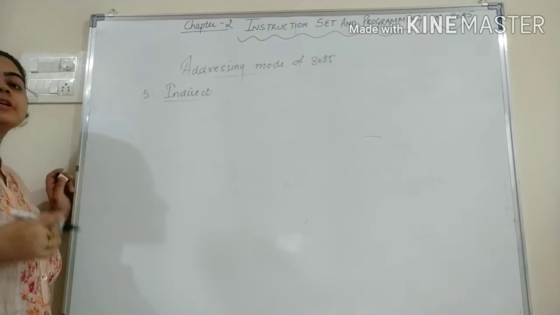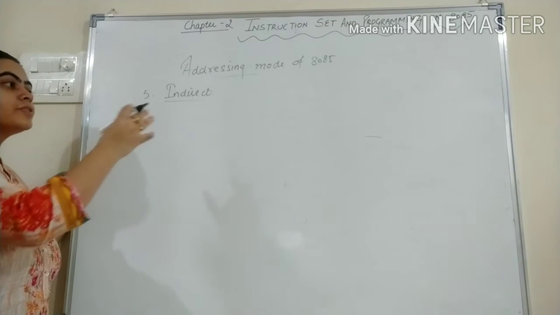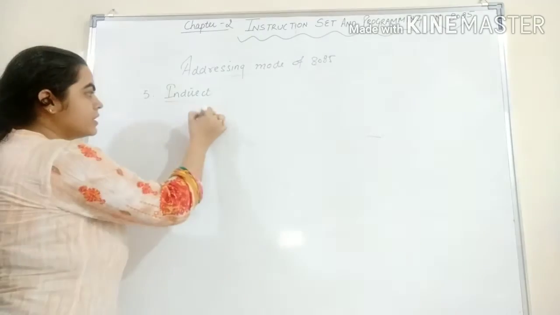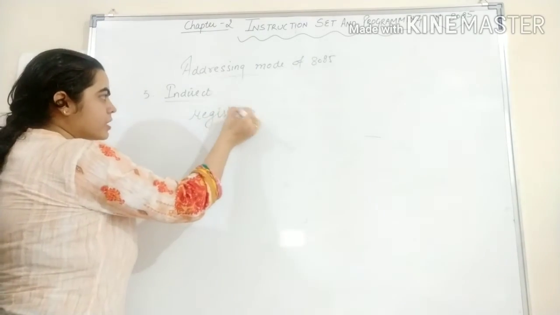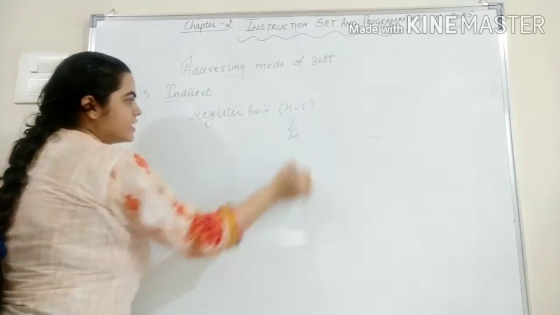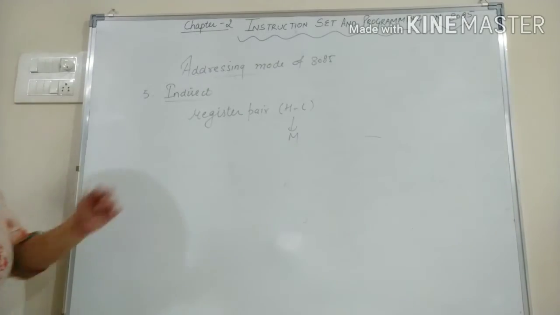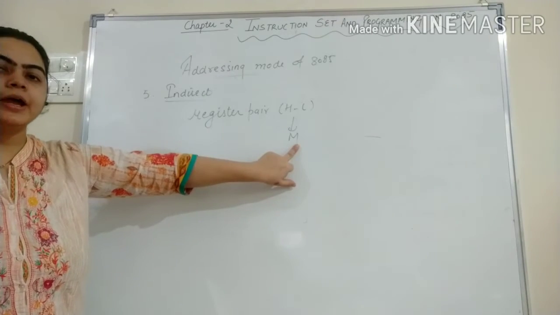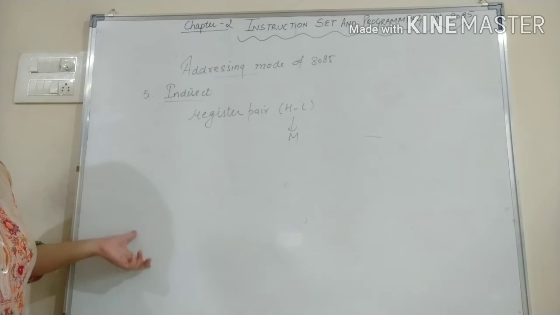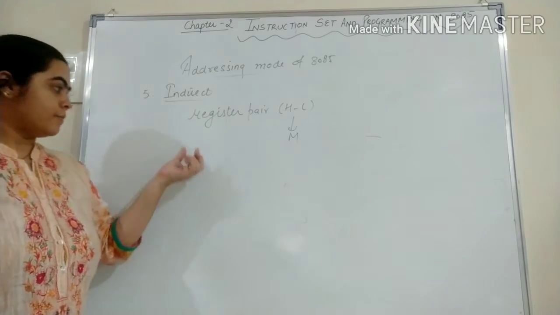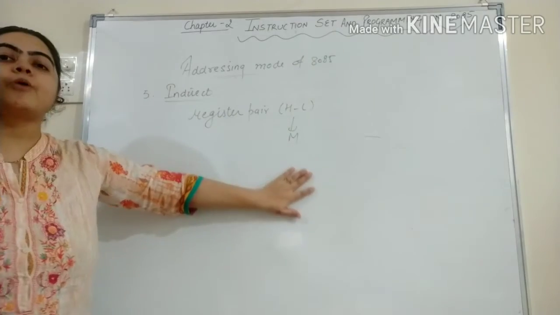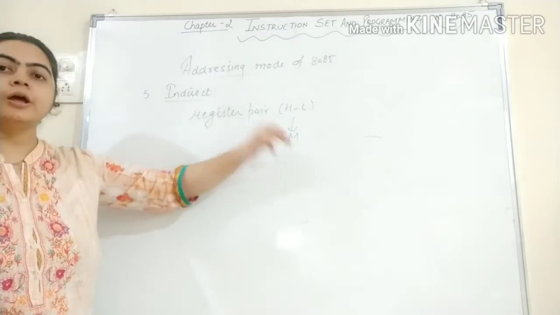That means the data which is present is specified by the register pair, and basically in this case we are talking about the register pair HL, and we can refer to it as M. Okay, so the HL register pair is specified by M, that is the memory location. So the contents on which we have to perform the operations will be pointed to by the memory location M.